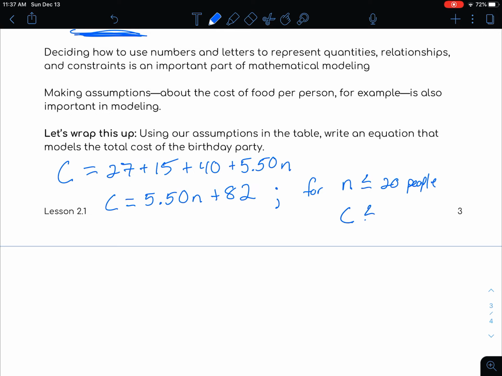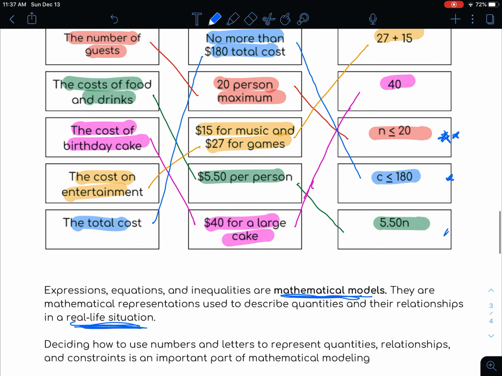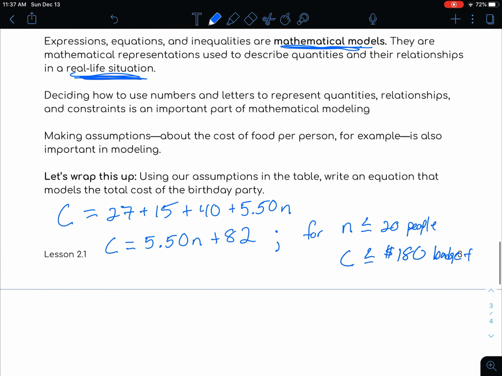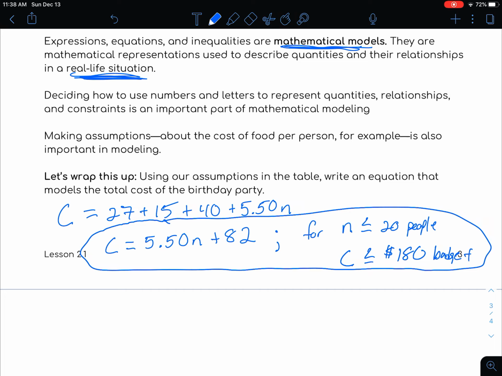Right? And the other constraint is that our cost has to be less than or equal to $180 for the party budget. All right. So we talked about that up here, that the total cost has to be less than or equal to $180. So we need to be thinking about both of those things. When we start plugging in the amount of people that we have, we know that it has to be less than or equal to 20, but we also need to make sure that we are staying under $180 for our total budget. So both of those things are going to be important for our